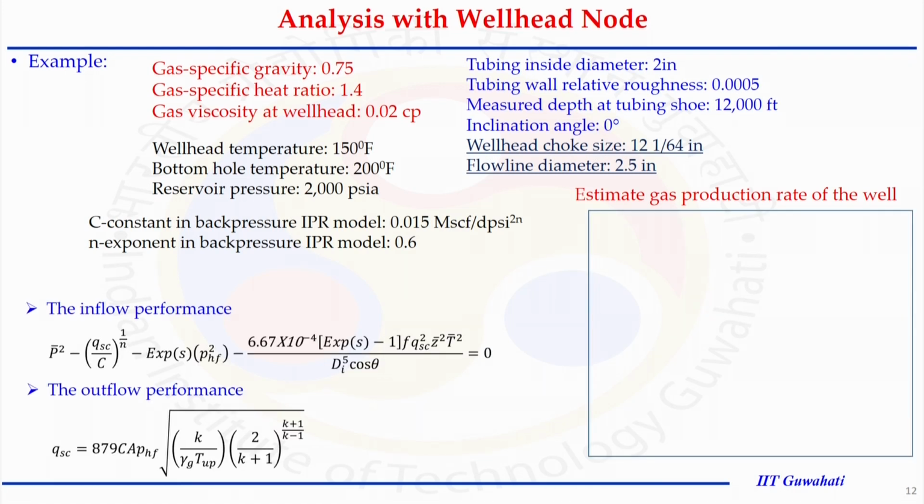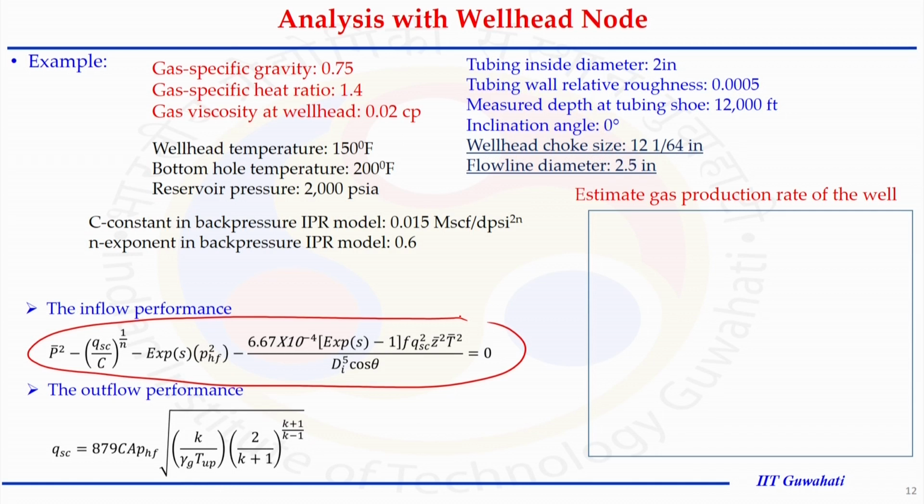Similarly, we can do the inflow performance relationship. That inflow performance relationship is like this. We know now how to plot this and how to solve it mathematically. Now, we can plot this also, and this plot says we have an almost similar relationship as we have for the IPR, because this term will dominate. P square, meaning the reservoir pressure, will dominate the situation. The PHF condition will start when this is around 1600. That will be the situation when no flow is happening, and this is Q versus PHF for example.